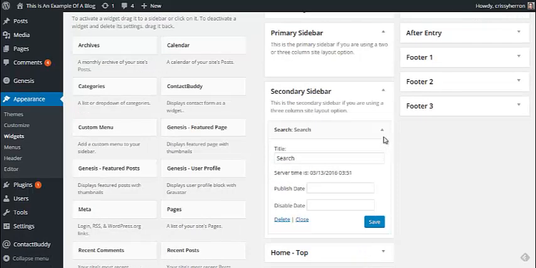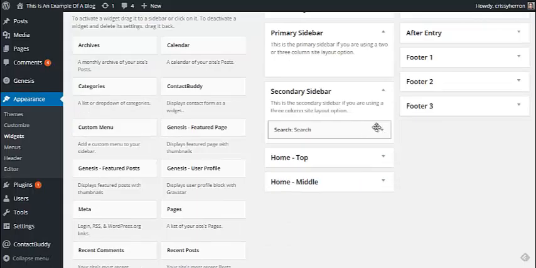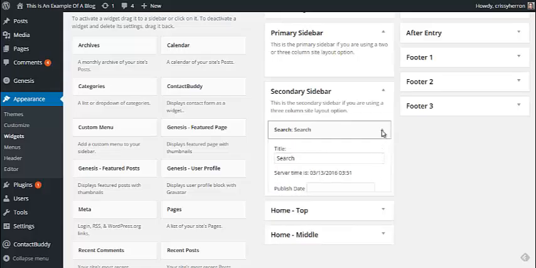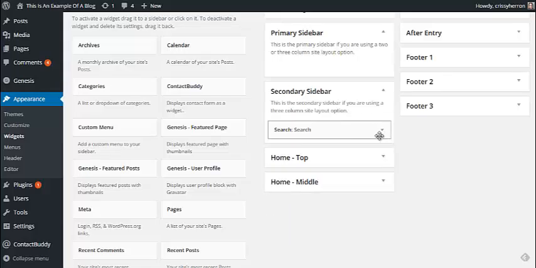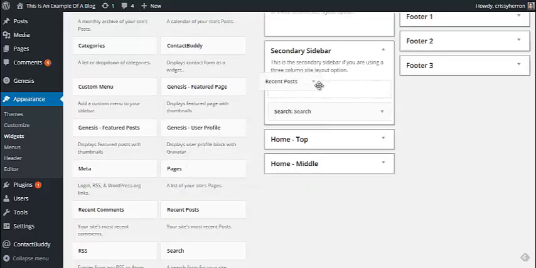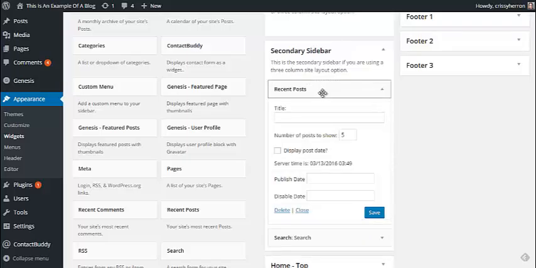And I'm going to click the triangle so that we don't see all of that stuff. Let's say that we wanted to put our recent posts. And you can put it under the search or on top of the search. So we can just say recent posts,